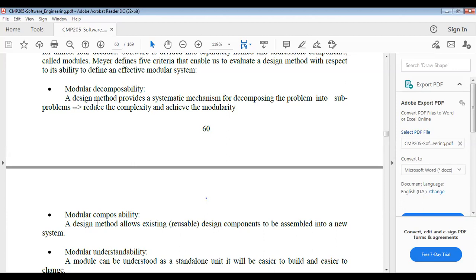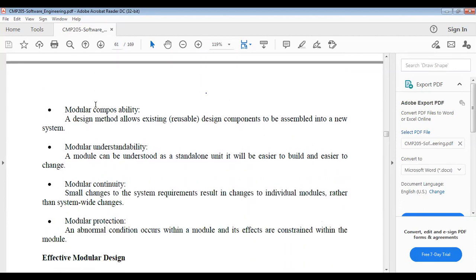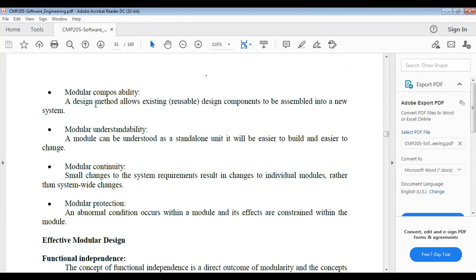Modular understandability. A module can be understood as a stand-alone unit. It will be easier to build and easier to change. Next is modular continuity. Small changes to the system requirements result in changes to individual modules rather than system-wide changes. Modular protection. An abnormal condition occurs within a module and its effects are constrained within the module.